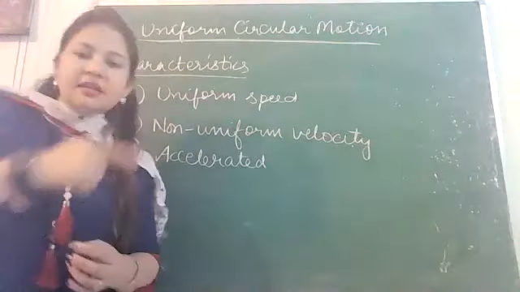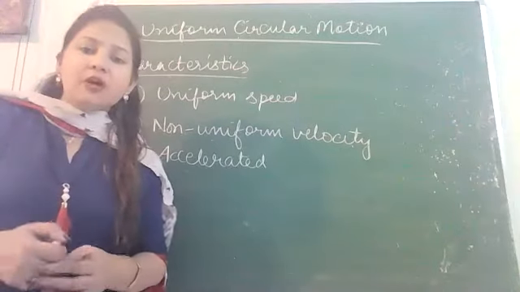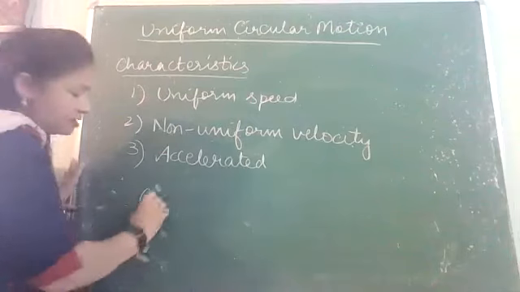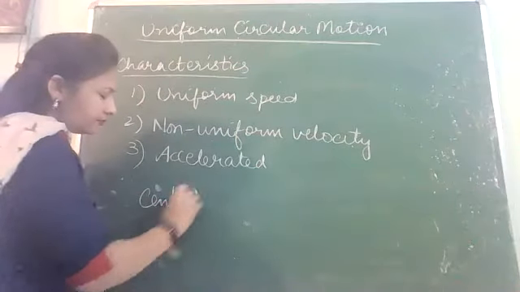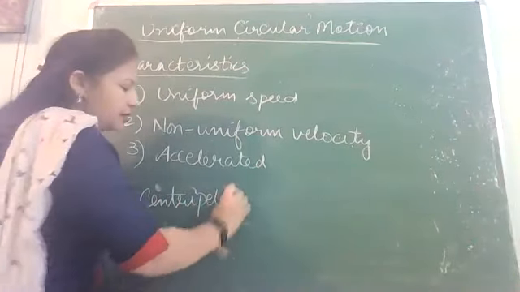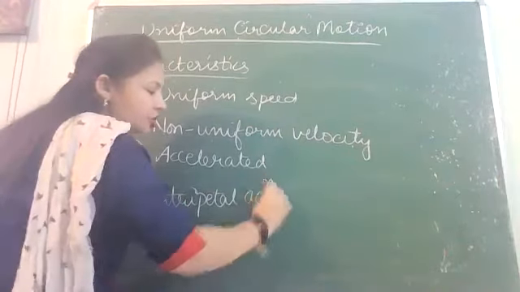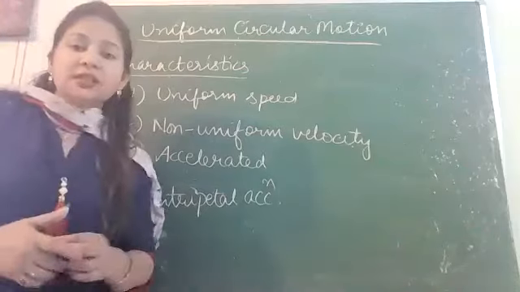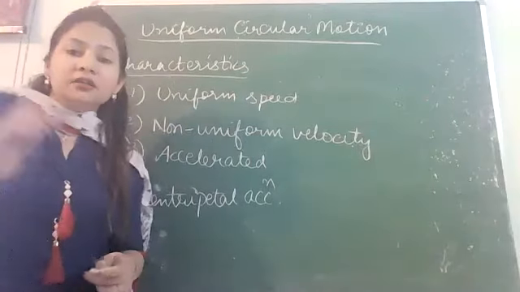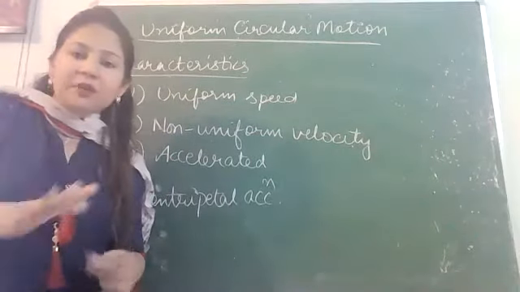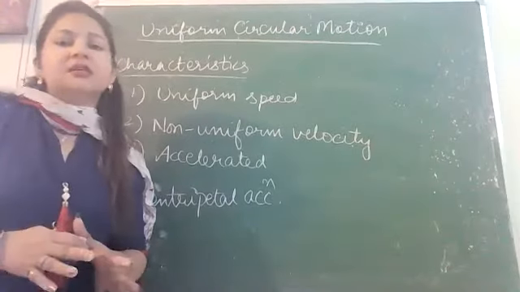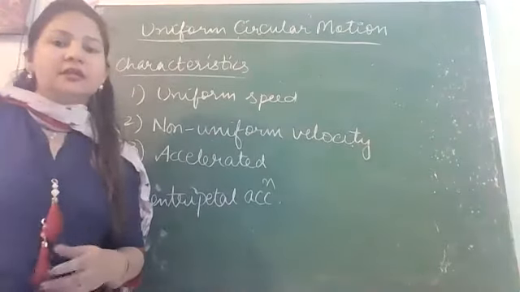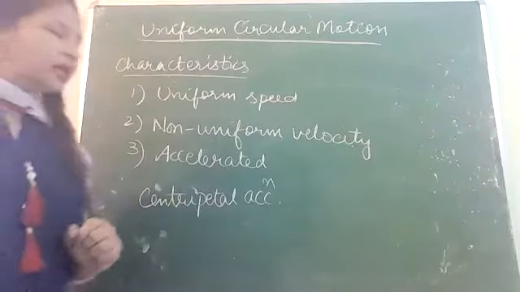And that acceleration, which is necessary for a body to move in a circle, अलग से question लिखना है, define centripetal acceleration. That is called centripetal acceleration. तो लिख लीजिए what is centripetal acceleration. This is the acceleration with which the body can move in a circle. इसके बिना object circle में move नहीं कर सकती. अगर उसके पास centripetal acceleration नहीं है, वो circle में move कर ही नहीं सकती है. तो लिखिए definition centripetal acceleration.